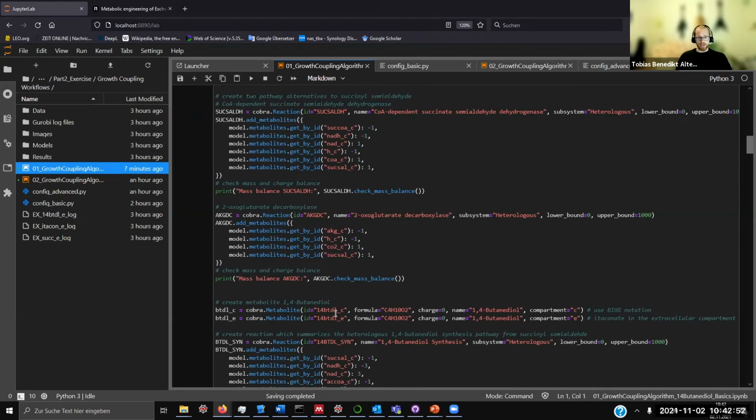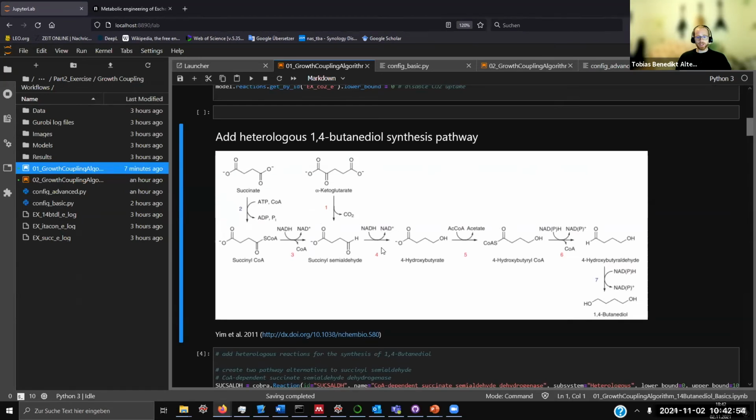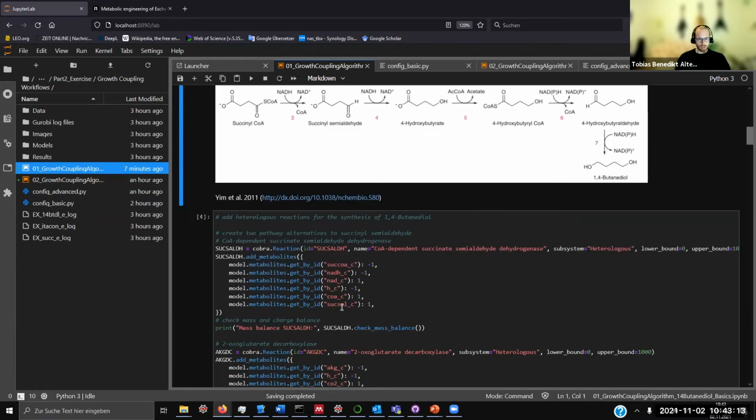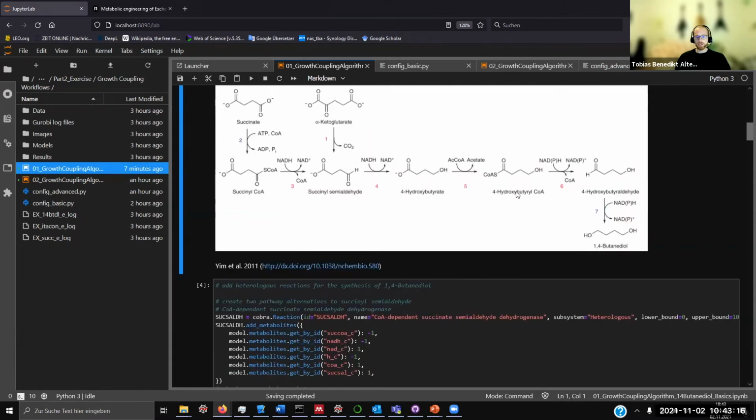One thing that I did here is I did not specifically model each reaction step, but I lumped this whole pathway into one reaction. Why did I do that, or why can we do this? This is because these precursors here are not native in E. coli. So at least the model doesn't know what to do with them. So there's no need to specify these particular metabolites, and no need to